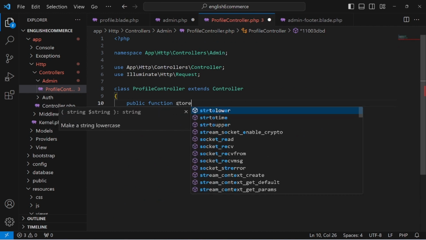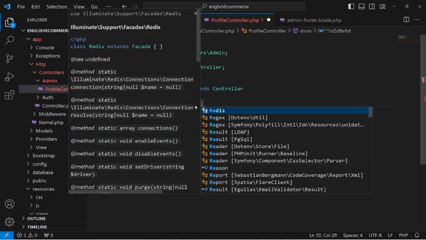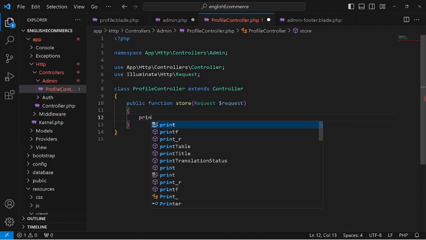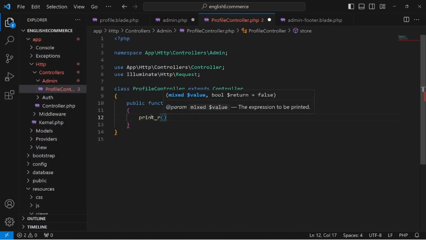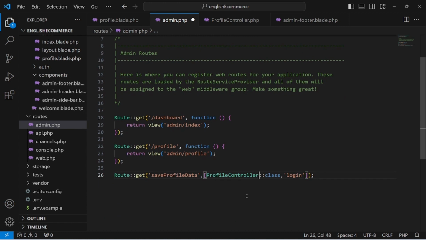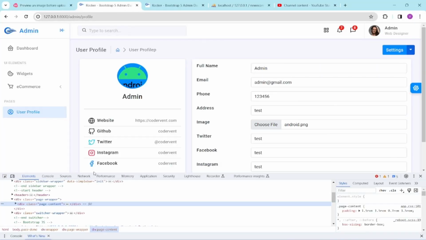Now we'll use the store function. Just check this, print underscore r, dollar request all. Save this. Class function name should be store. Save this. Okay, now go to inspect,